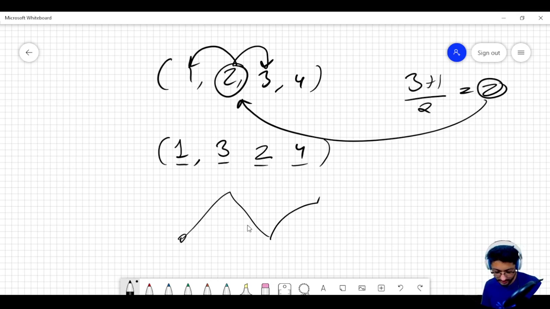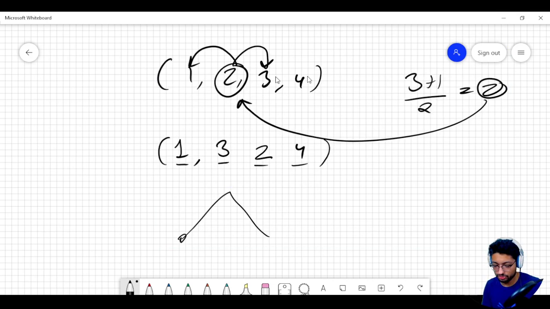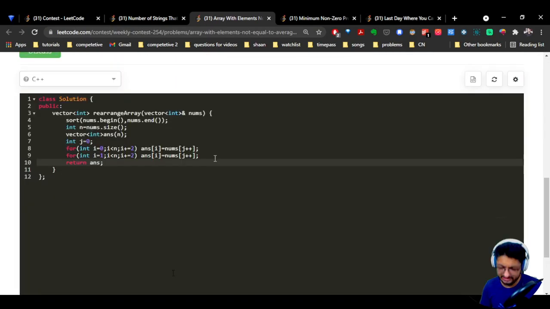So that's what we are doing here. Just iterate over all the possible numbers, sort them out, and just write them in this manner, in one jumping manner. So that's the logic for the second problem. It just comes very intuitive if you just draw out 1-2 examples.